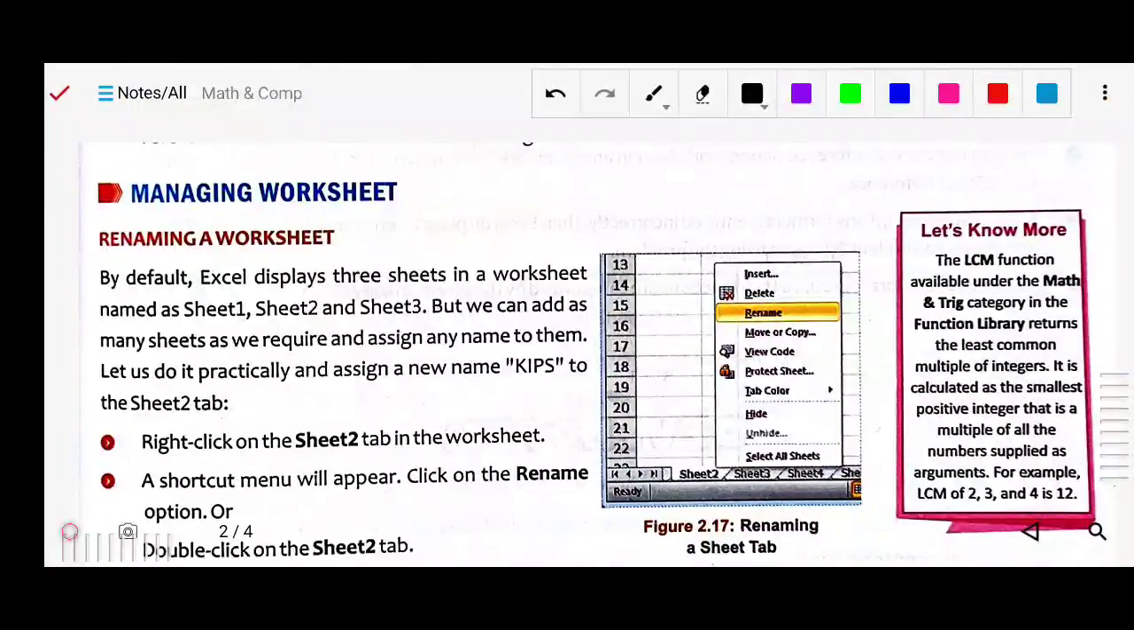next we have managing worksheets. Renaming the worksheet means we can rename our worksheet also, like this is Sheet1, Sheet2, Sheet3. These names you can change also. So how can you change? Simply right click on the sheet, either Sheet1, Sheet2, Sheet3, and there is the option Rename, and you can rename it. Okay,